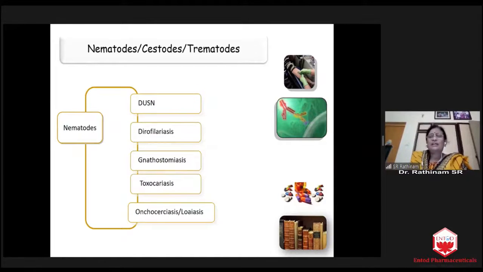The problem with the diagnosis is we cannot do any blood test. We cannot do any serological test because the eye, a small structure, may have one small worm or larva and that may not have any antibodies relevant to the eye in the blood or serum. So whatever you get positive may not be relevant to the eye at all. And painfully, we don't have enough medicines. In parasitology, we have very few medicines